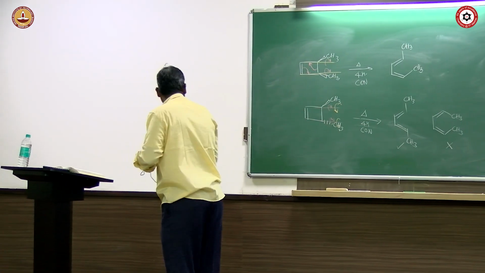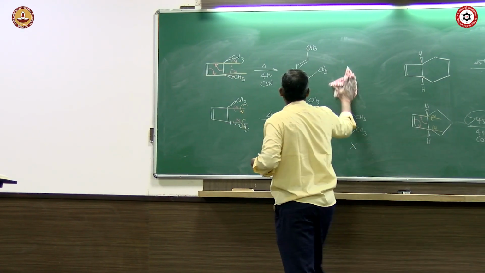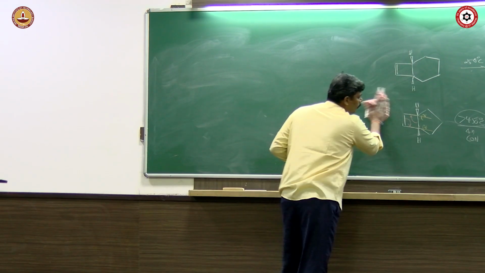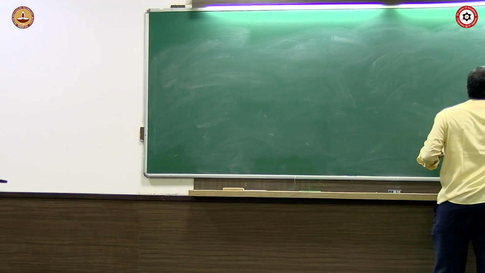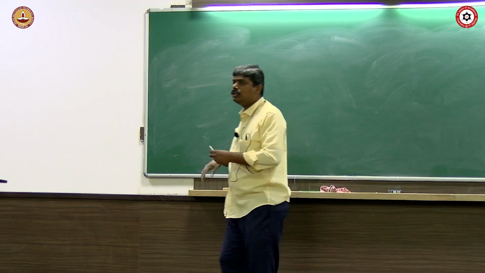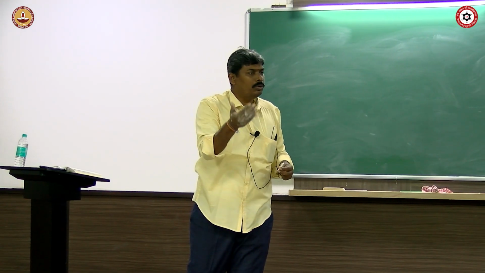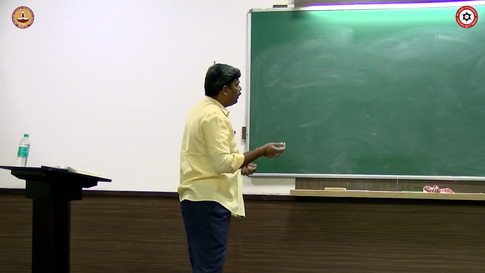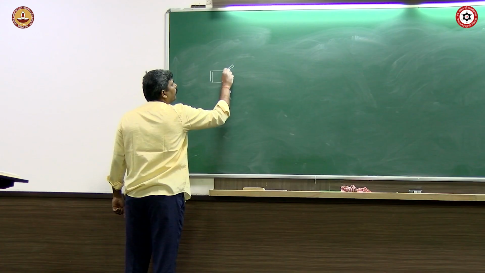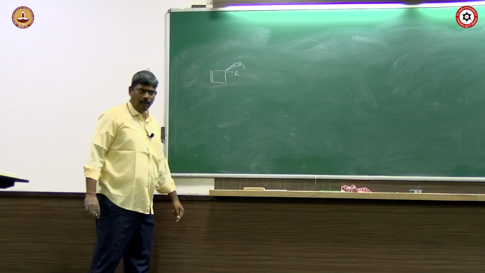So now we look at a selectivity called torquoselectivity. Have you heard of this term? Torquoselectivity? Yes, no? Okay. Torquoselectivity talks about how the substituents are oriented when the ring opening reaction happens, whether it is an inward or outward opening. For example, this system is more steric, so we don't need to worry about it. So as I told you, when you have a CH3 and an R group,